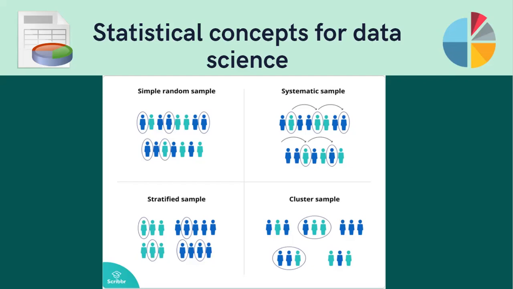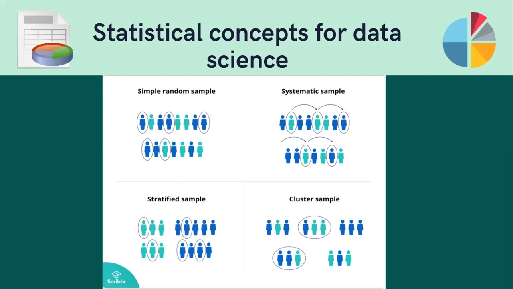Unlike random sampling, in systematic sampling we create a system, so basically a sequence. For example, if I have 20 people and I make them stand in a row, I'm going to select every third person. That is what my system is. From the left, I'm going to pick a third person, and then the third person, and then the third person. And that's how I'm going to select elements from the systematic sampling. So that is what systematic sampling is all about.